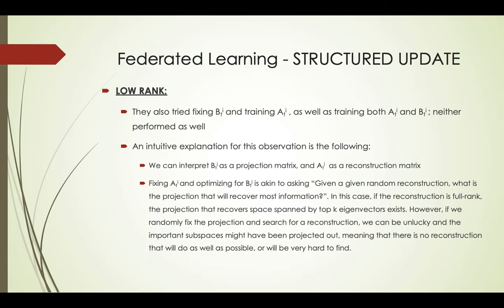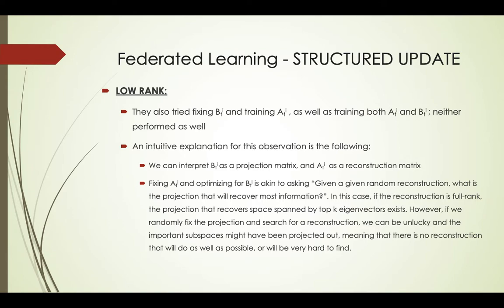Fixing A_i^t and optimizing for B_i^t is akin to asking, given a random reconstruction, what is the projection that will recover most information. In this case, if the reconstruction is full rank, the projection that recovers the space spanned by the top